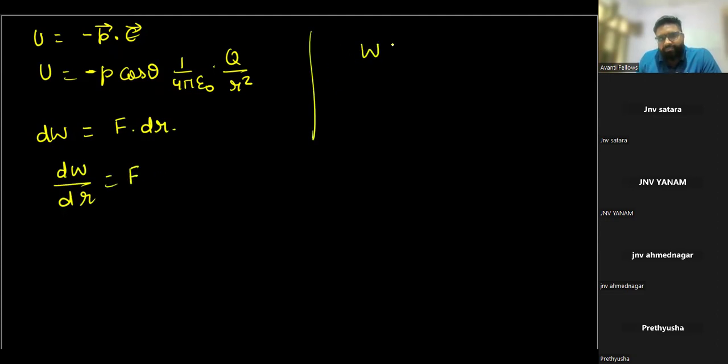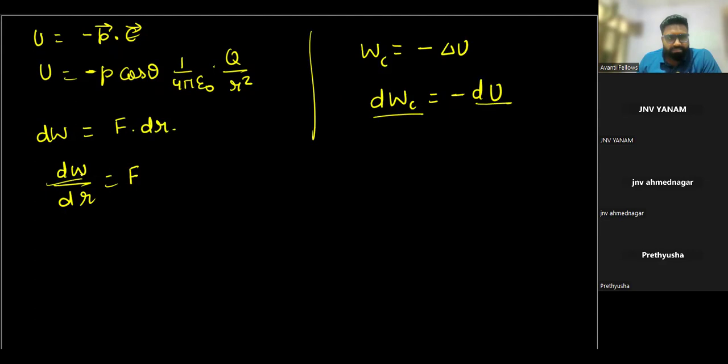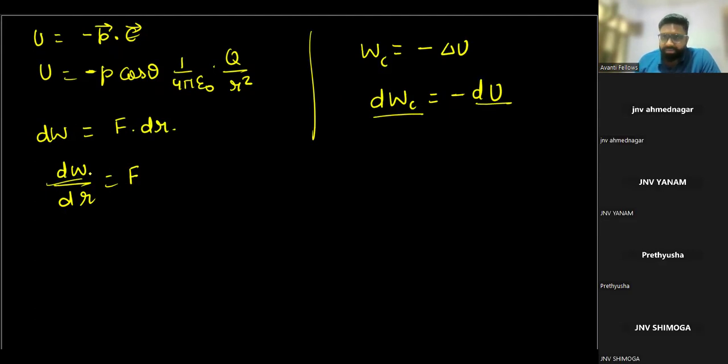We also know that work done by a conservative force is the negative of change in potential energy, and this is valid for small work also, very small work. ठीक है, so if you replace this dW with this, because यहाँ पे भी work done conservative force का है, so this will become